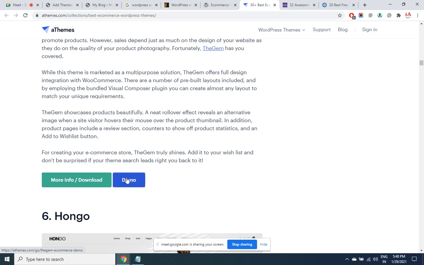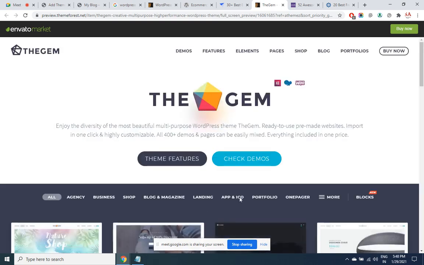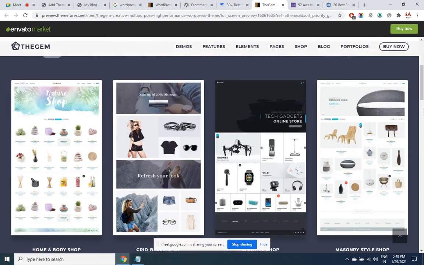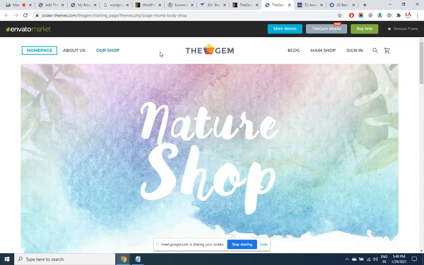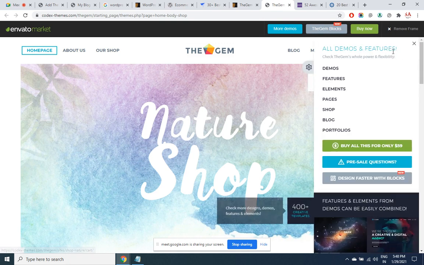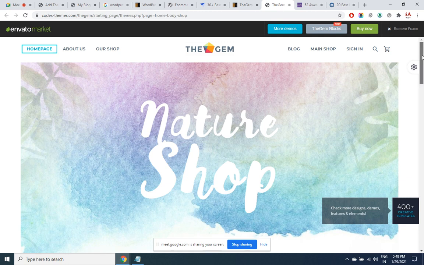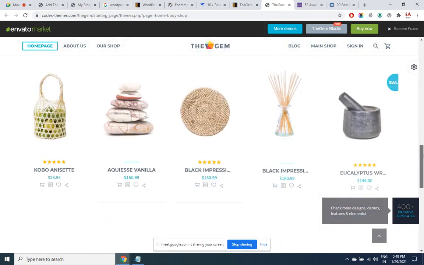You can see the demo of the theme as well. So firstly see the demo, go through all the features. Only when you are fully satisfied, then install it. Anyway, you can roll it back, you can uninstall and go with another one. This is how your e-commerce site is going to look like if you install this theme. See, look at the appearance, how professional it is.